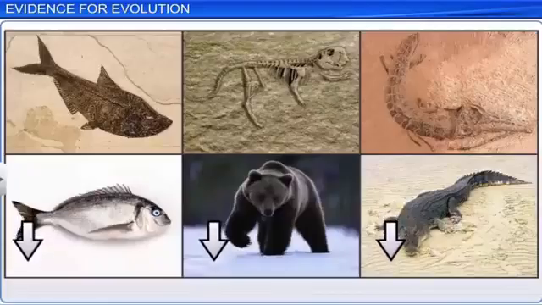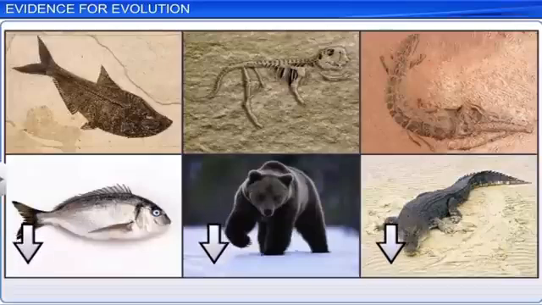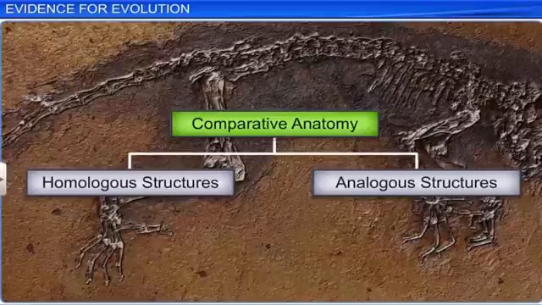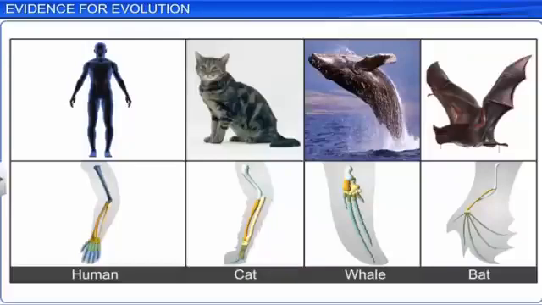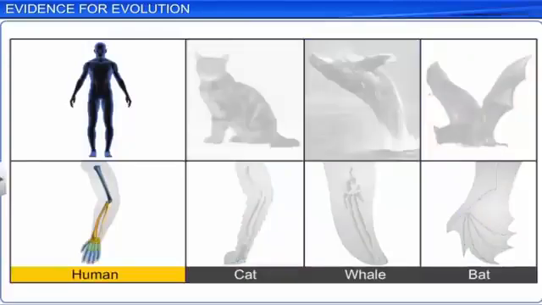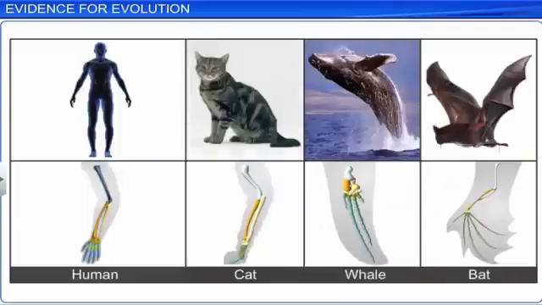They also help in comparative anatomy, which is the study of the similarities and differences in the internal anatomy of organisms of the past with those of today. There are two concepts of comparative anatomy: homologous and analogous structures. If we look at mammals such as human beings, cats, whales, and bats, we find that